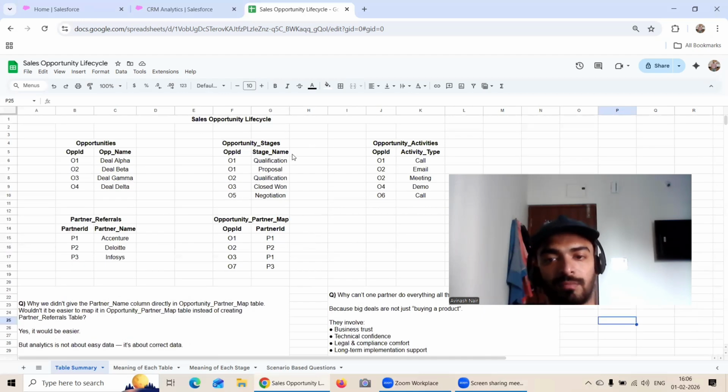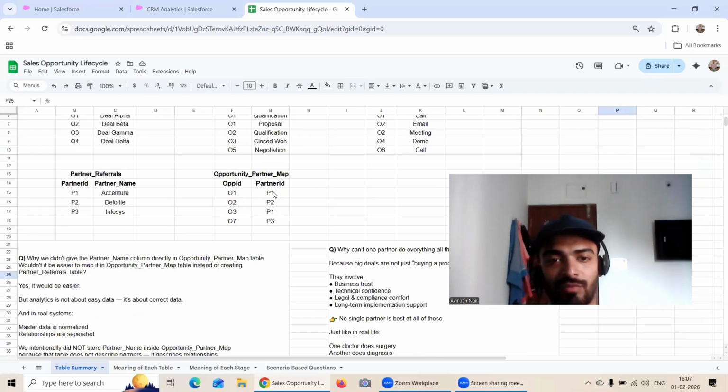So these were the tables which we had. The opportunities, which means the deals. The stages, like how a deal goes through certain sections, how a particular customer is very much interested to buy that product. It helps to develop certainty. Then we have the activities, which provide an overview of the interaction which is happening. Then we have the referrals for influencing the deal, who may not have a direct role to play, but they're definitely influencing, and how that map is happening.